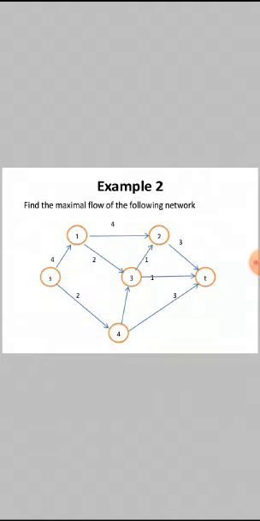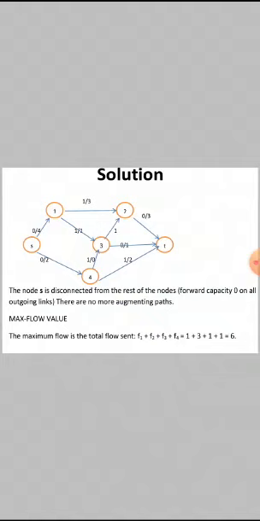Now the second example, this is another way of representing a network using arrow marks. So from node S to node 1, 4, that means from S to node 1 we can transmit 4 units of flow, 4 units of liquid, but from 1 to S 0 units. Similarly with the other nodes. And this is the solution figure. Here it is represented in another way. Here this 0 by 4 means 0 from S to 1 and 4 from 1 to S, like that. Here the answer is 6.